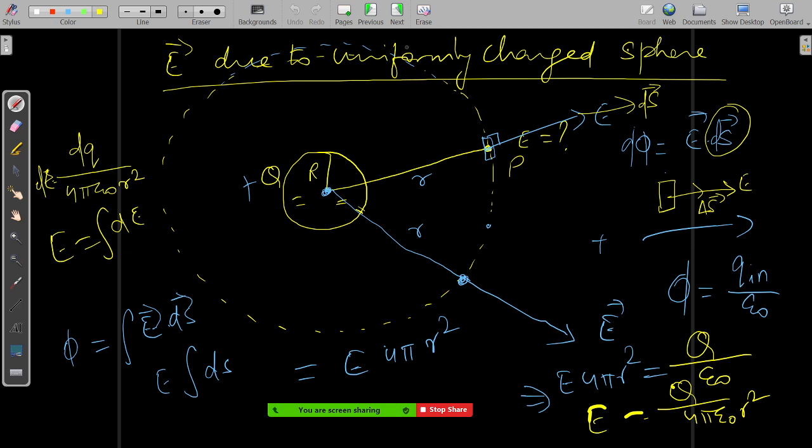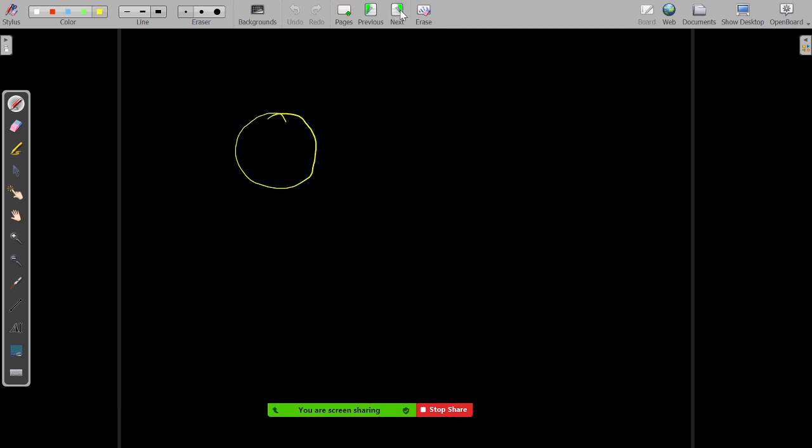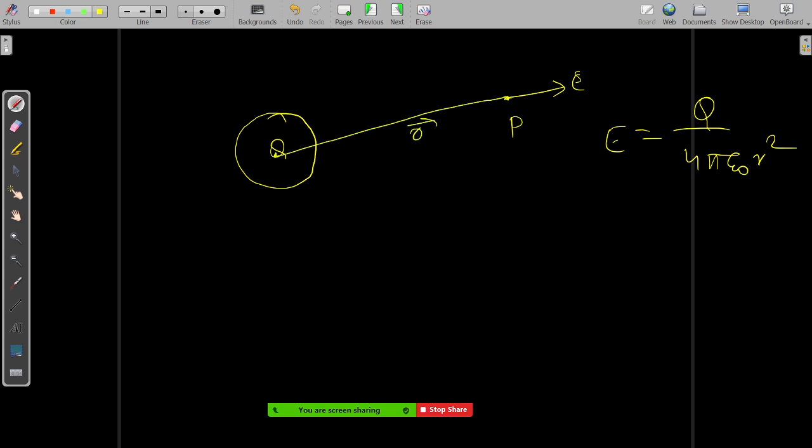So what we can do is, you now know that this is a sphere of charge q, and if you want to find at point p the electric field due to this charge, you can understand that the electric field is coming to be q by 4 pi epsilon naught r square, where r is the distance from the center to the point. This is the position vector from the center of the sphere to the point, right?